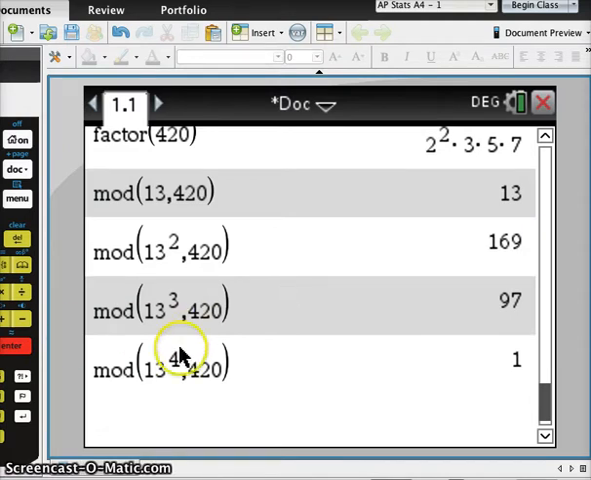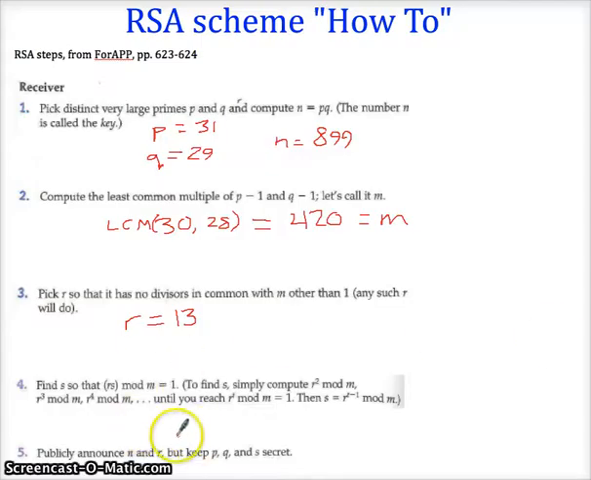4. So the answer I want to use for this is the answer to this one. The number I'm going to use for S is the previous power's result mod the number when I did that. So it's going to be 97. So it turns out that 13 cubed mod, I'm going to write this down so you can refer to it later, mod 420 happens to be 97. And so 97 is what I'm going to use for S. What I'm going to use for S because,